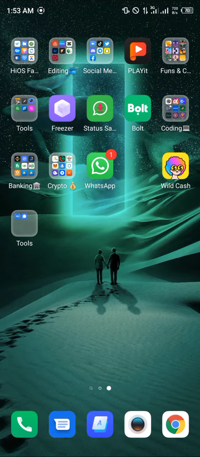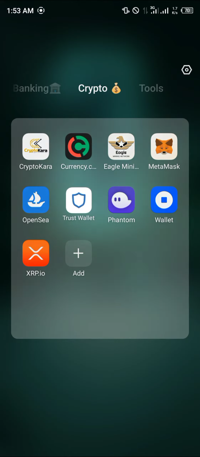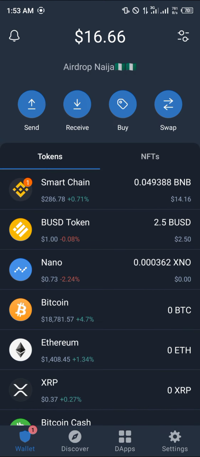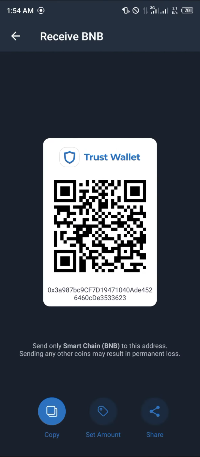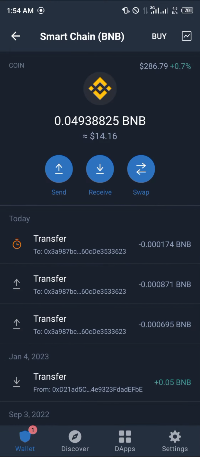I'm going to be showing you step by step how to cancel a pending transaction. First of all, you're going to have to open up Trust Wallet. And while you're opening up Trust Wallet, don't forget, you always have to make sure you have some crypto assets on your device. For example, now, I've been trying to send some BNB to a wallet address, which is actually mine for the purpose of this video. Here are my wallet addresses. You copy it, and